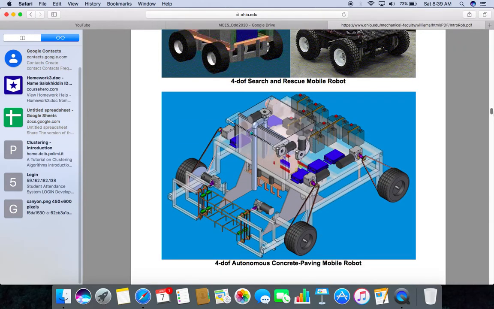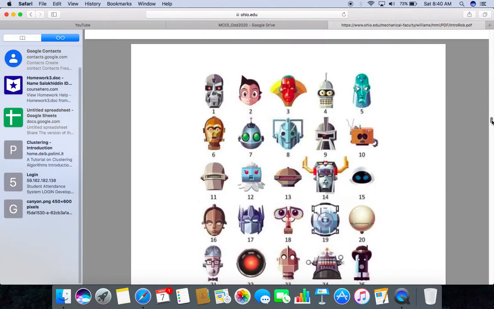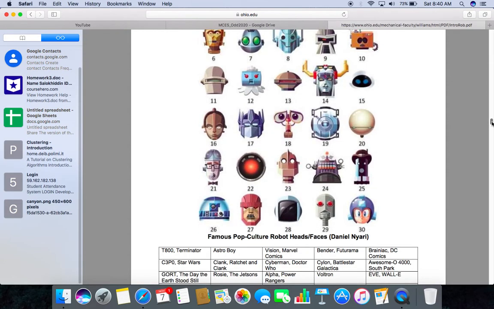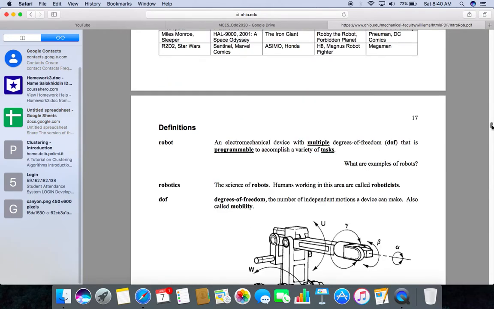For engineering design purpose, different popular robots, how they are very popular to youngsters or we people. In the games, they are used very popularly. These are the popular games used and their names. And different definitions of robot. What is the definition of robot? Robotics, degree of freedom,